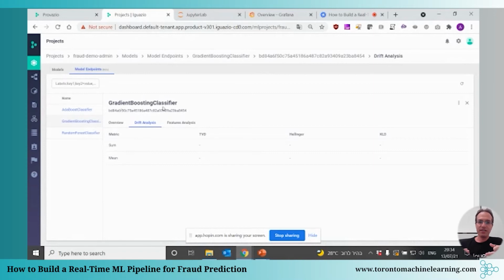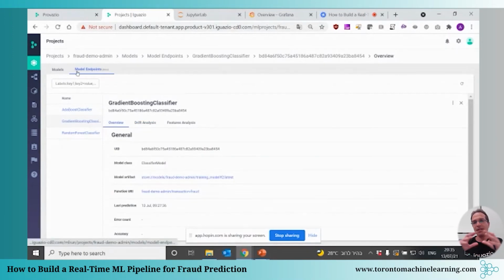As I mentioned at the beginning, we have this process that can take the data or the features that were trained in the feature store, compare them with the features that were actually running in production in the model serving, and based on that, we can analyze if there is a drift.